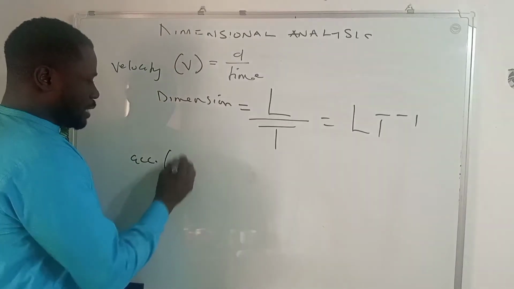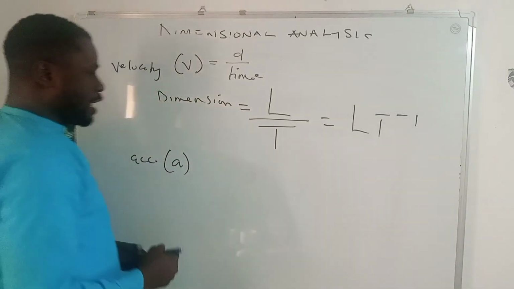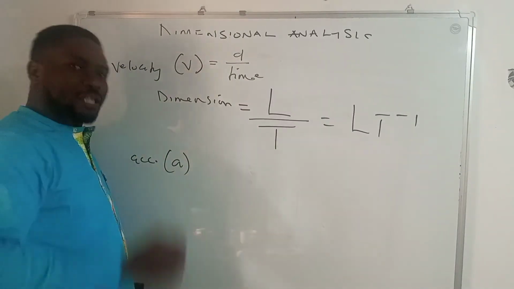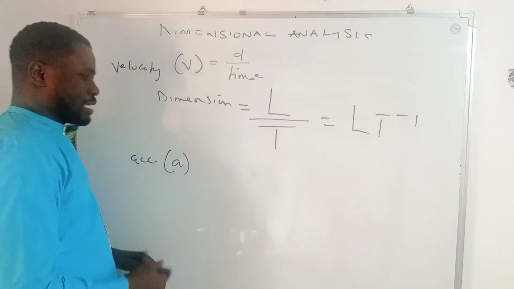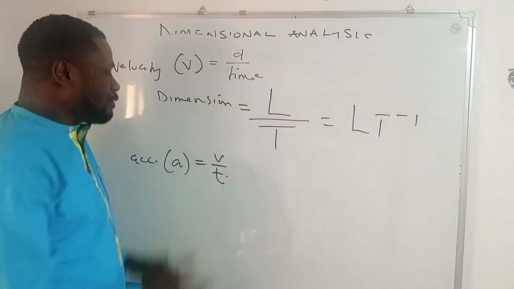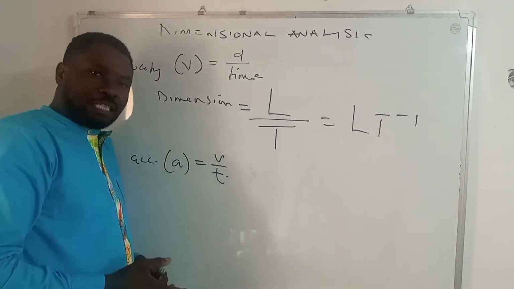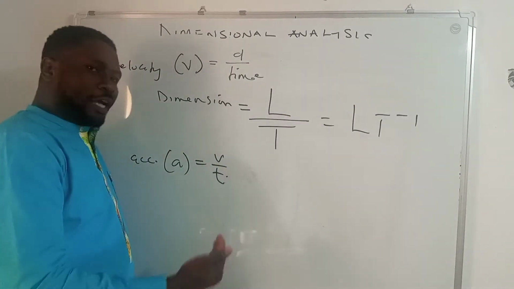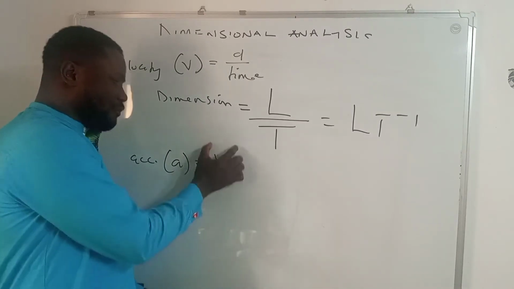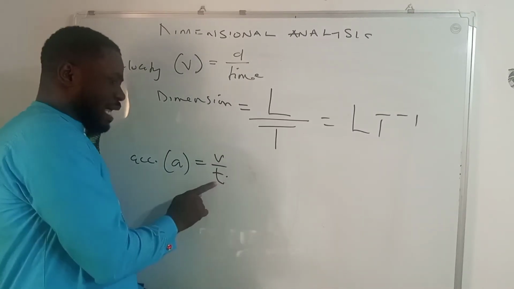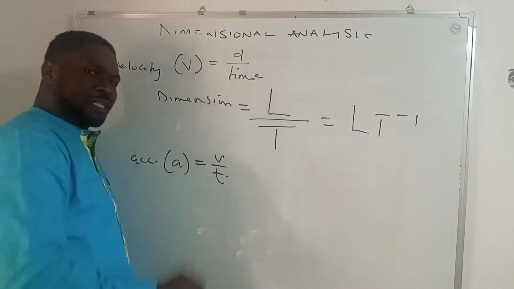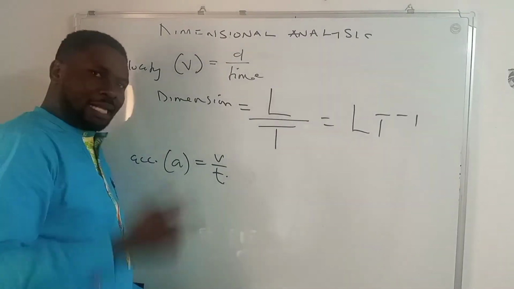Acceleration, of course, is represented with the letter A. Now, if you're asked the dimension of acceleration, it means you have to remember the formula of acceleration. Acceleration is equal to velocity all over what? The time. Having remembered the formula, velocity all over time, the next thing you need to do is ask yourself, what makes acceleration? V and T. Now, you see that T is among mass, length, and time. Remember that for dimensions, everything must be expressed in terms of mass, length, and time.